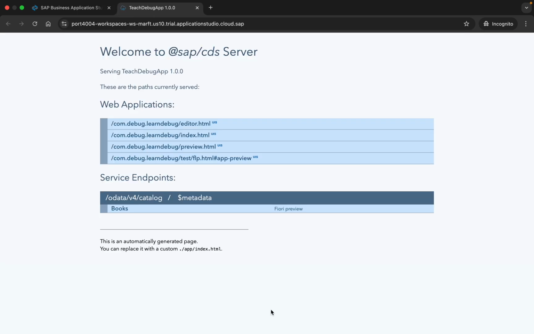Yeah, so now you can see the web applications. If you're familiar with CAPM, this is what you see. If you run the CDS watch command, same you're seeing it here. So you have web applications, you have endpoint for metadata and your service. So I would like to open the index.html file. So if I click on the index.html file, it's loading the file,